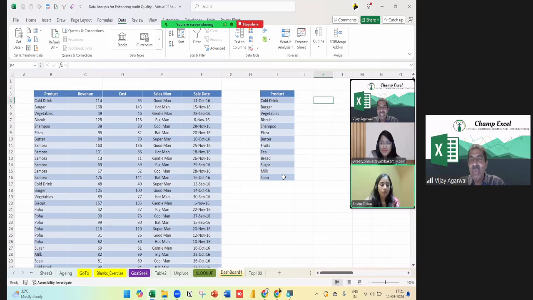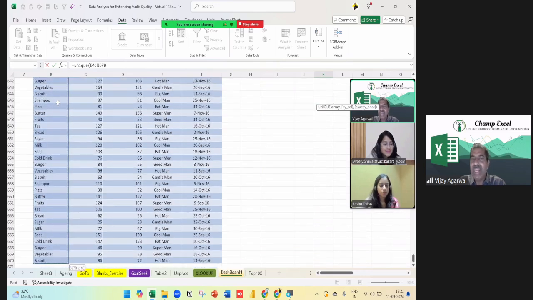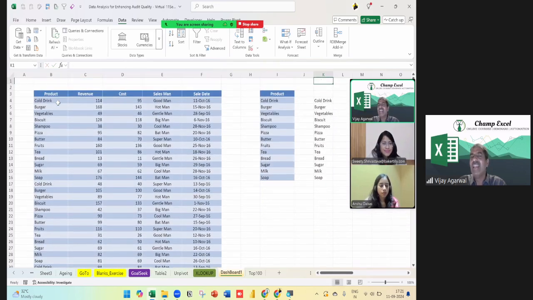But in case you want to make it dynamic, there is a new formula, that is UNIQUE. If I use this formula and press enter in a single cell, I get the same list. But if I now put samosa here, my list also gets samosa.